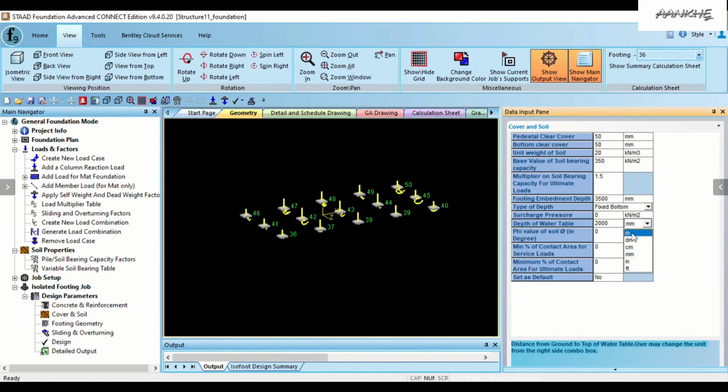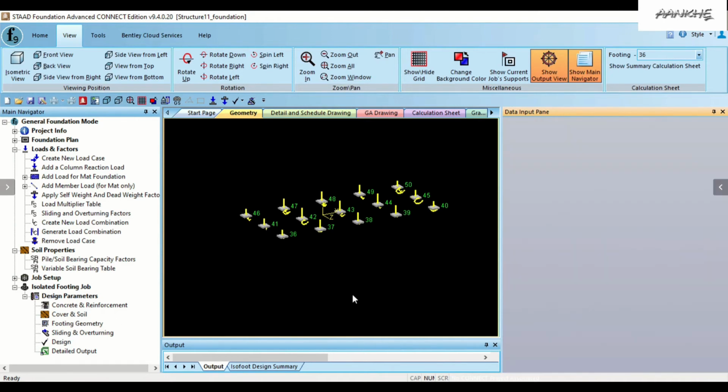And depth of water table, since the NSBC already takes care of the depth of water table, we need not provide it again here. Let us keep it 100 meters below the soil, though actually 100 meters is not there, but the NSBC report already takes care of the factor 0.5 for water table, so we need not provide it again here, otherwise the software will further reduce the NSBC. So let us keep it as 100 meters.